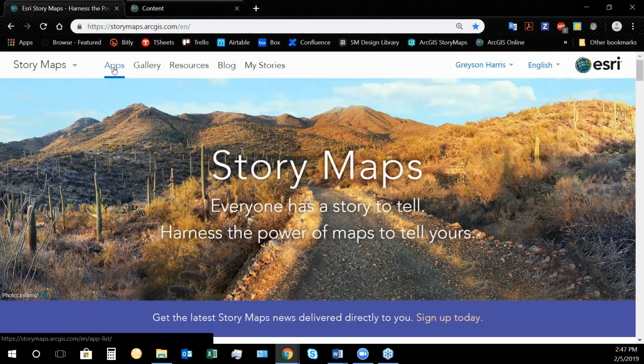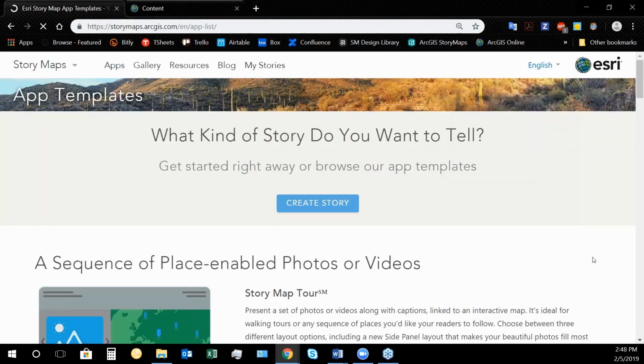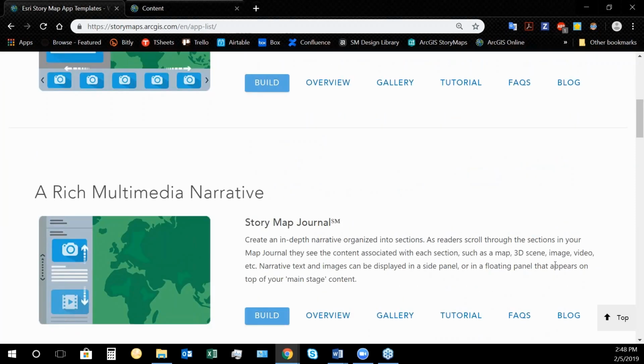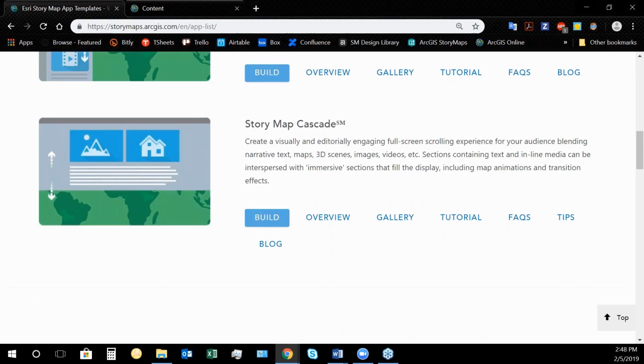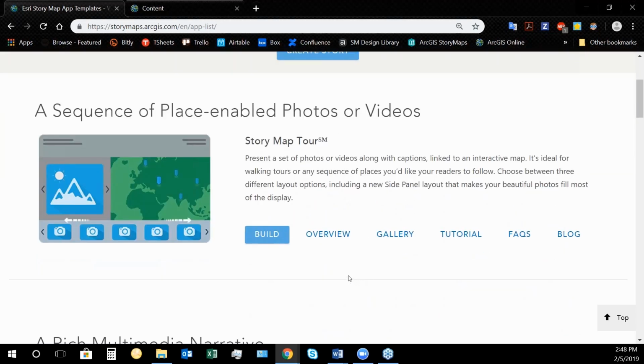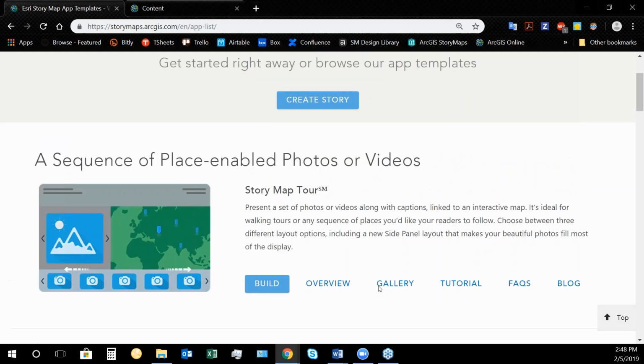What I want to point out now is this Apps tab. Under Apps, you're going to find entries for all of the different user experiences or layouts that Alan was describing earlier and showing you examples of. This is a great place to come to learn more about these specific layouts and how they work. In terms of an overview, you can access a sorted gallery of examples of that layout, as well as find a tutorial walking you through how to use this particular app. So this is a very useful page and sort of the heart of the storymaps.arcgis.com website.